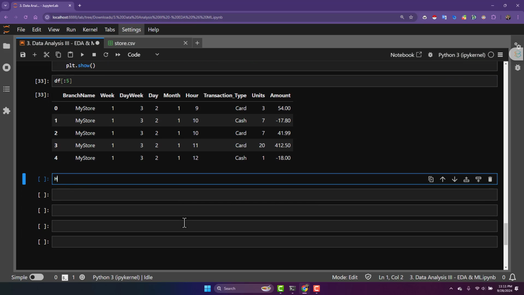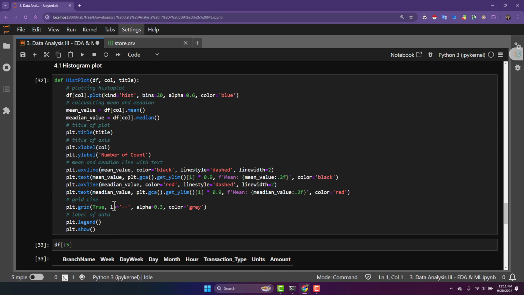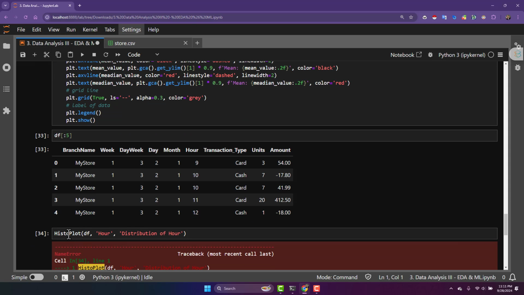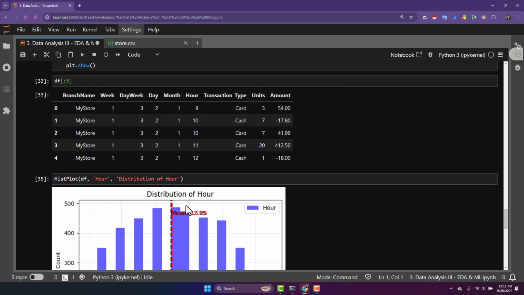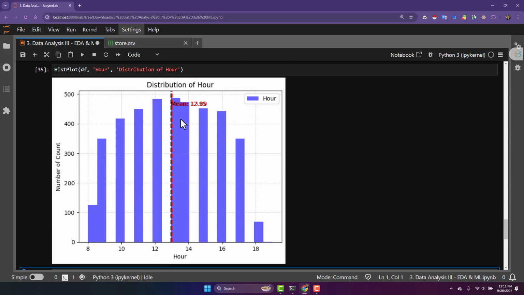So I'm gonna say histoplot, right? I'm gonna say data frame as a data frame. Then I'm gonna define hour, sorry. Then I'm gonna define the title will be distribution of hour. Open and close parentheses. Okay, so histoplot. I have written an extra over here. So histoplot. So now you can see over here it gave us a distribution of the hours,